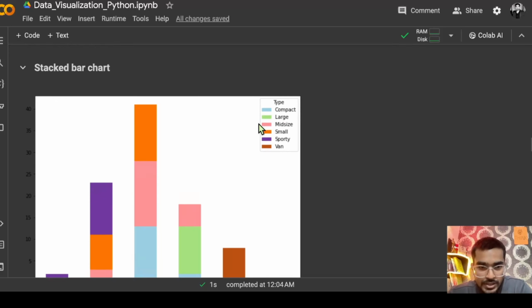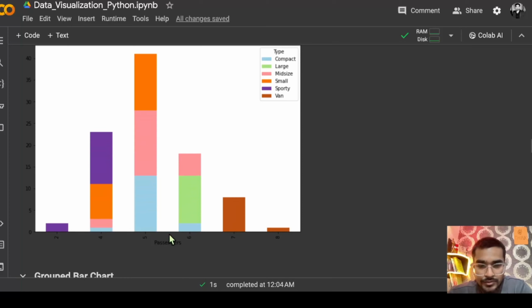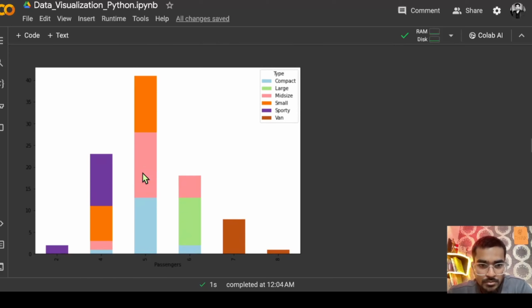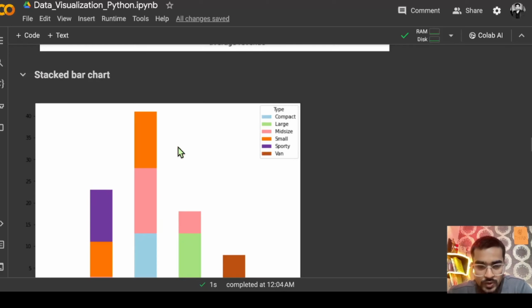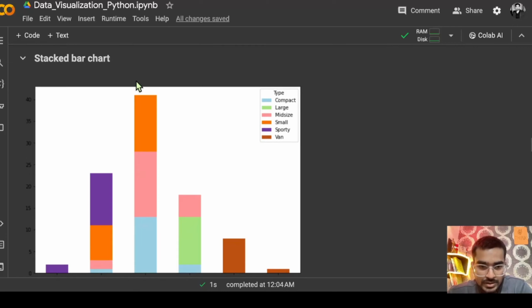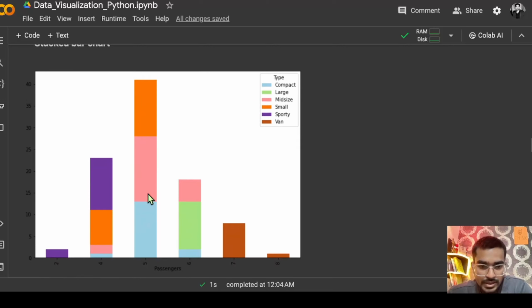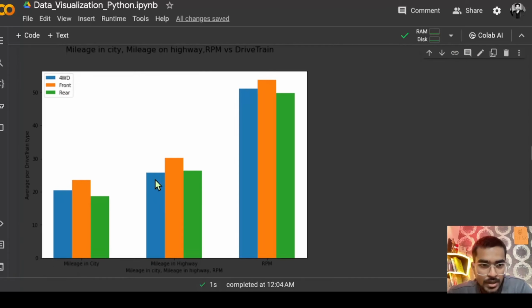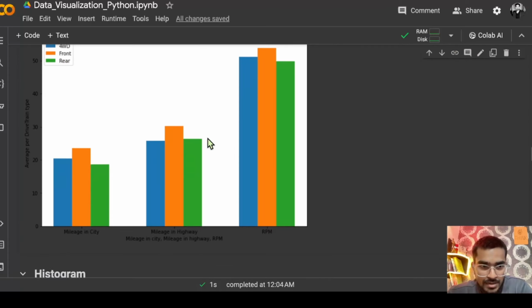Because for now I just wanted to clear the concept of the different kinds of visualization that you have, and I don't want to confuse you with the syntax. I'll show you the syntax for creating different kinds of bar plots, but I'll be using real data on which we'll be doing EDA, that is exploratory data analysis, and at that time we'll look at how we can create these kinds of charts. For now, just understand the different kinds of charts and plots that we can have with the help of